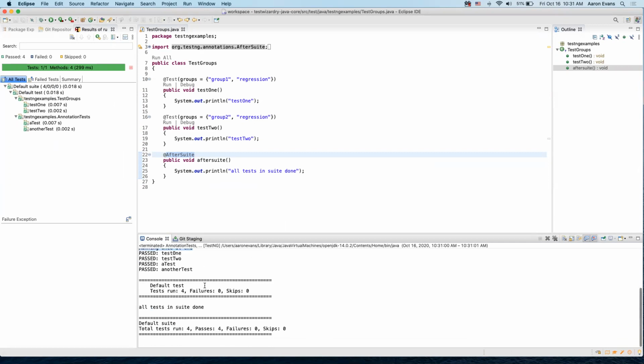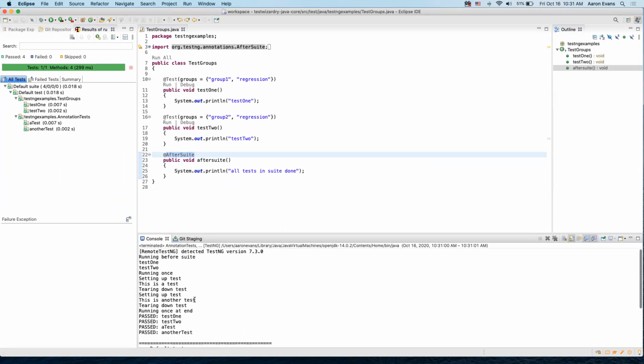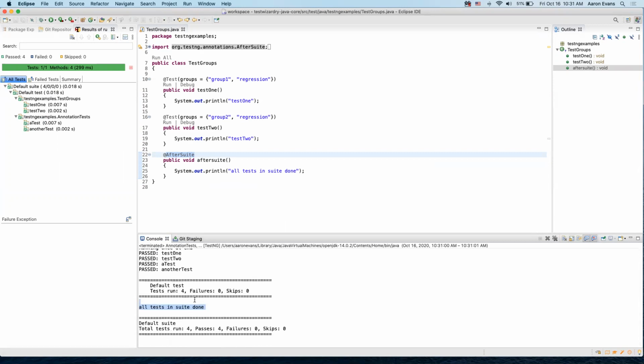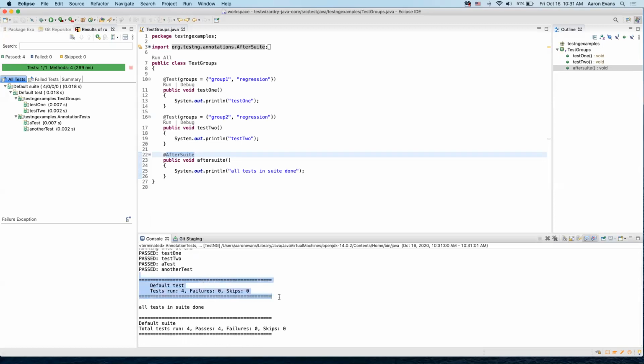All right, I'm baffled here. I ran it here at all tests in suite done. As opposed to running once before suite, I guess it just puts this output here, the tests run in the